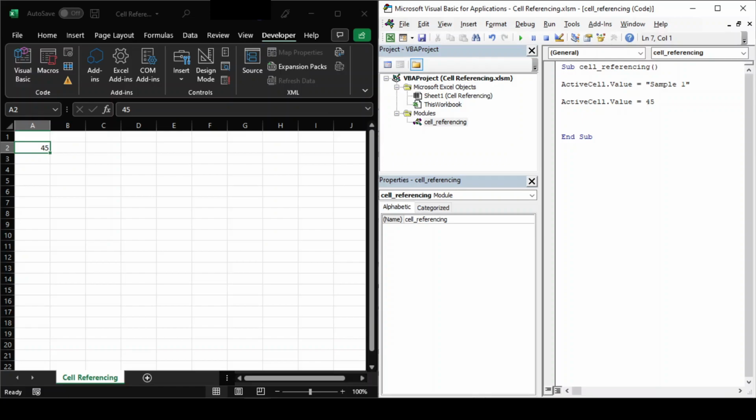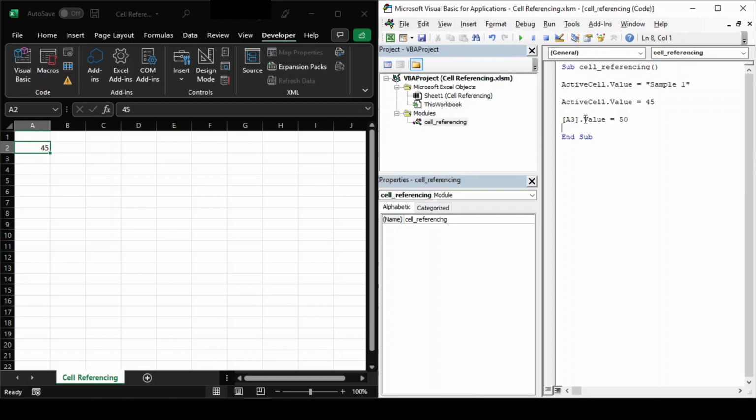Method 2. Earlier we saw how to assign a value to an active cell. Now, what if the cell is not active and we have to assign it a value? For example, we want to assign a value to cell A3, which is not active right now. So what we'll do? We'll type here into box bracket A3 dot value equal to 50.